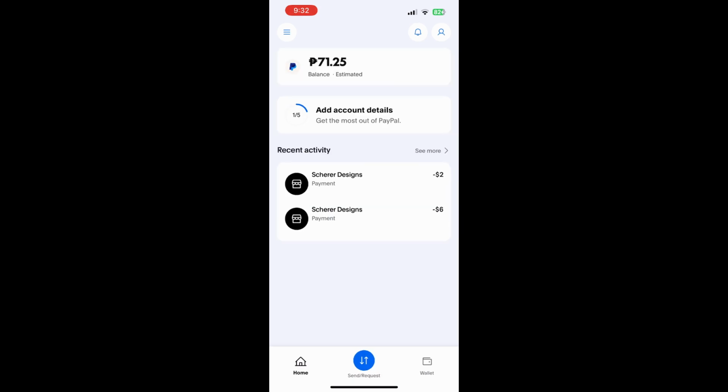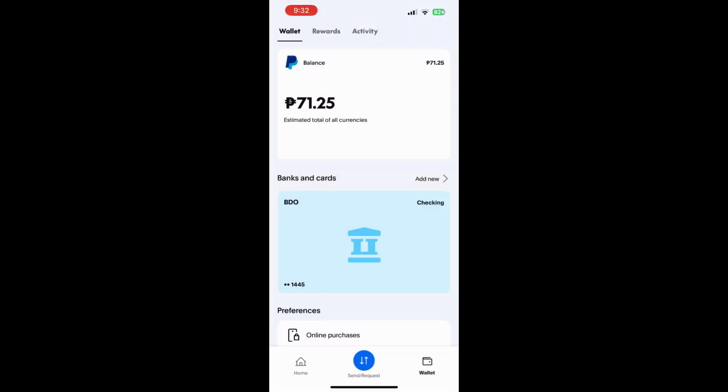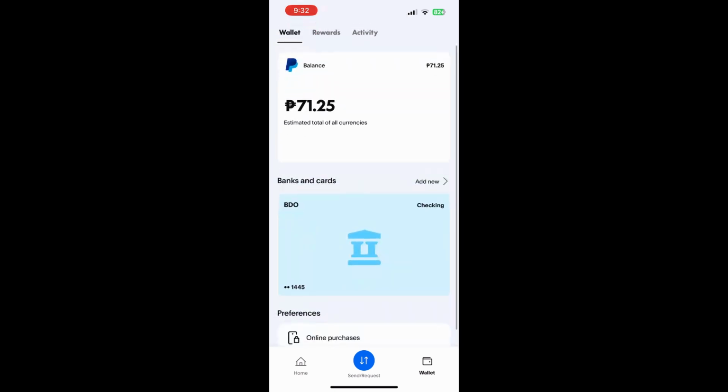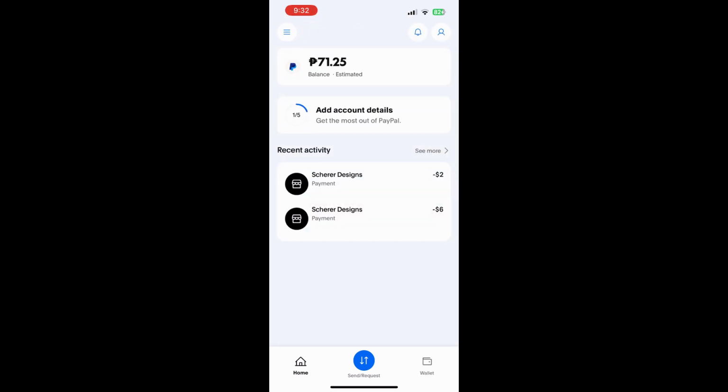One quick note: adding money from a bank isn't available in all countries. If you don't see Add Money, you can still link your bank and pay online using PayPal at checkout, with PayPal pulling funds from your bank